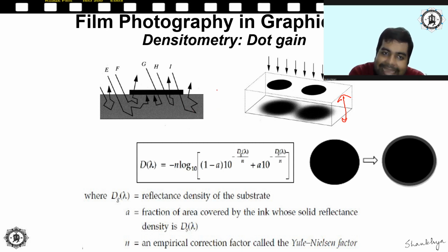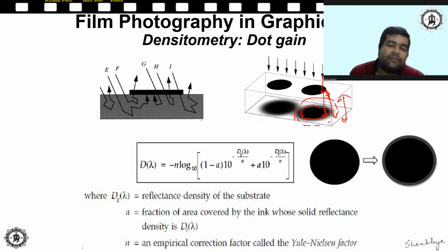Now see what is happening along the edges. Along the edges, because there is this image area, light is going to get refracted. Light was coming in this direction, suppose, but along the edges, because there is nothing there, light is going to get refracted away from the image area. That means this light will actually reach the final negative film. And when the image is formed, instead of the light passing like this and forming this size of image area, the size of the image area will increase.